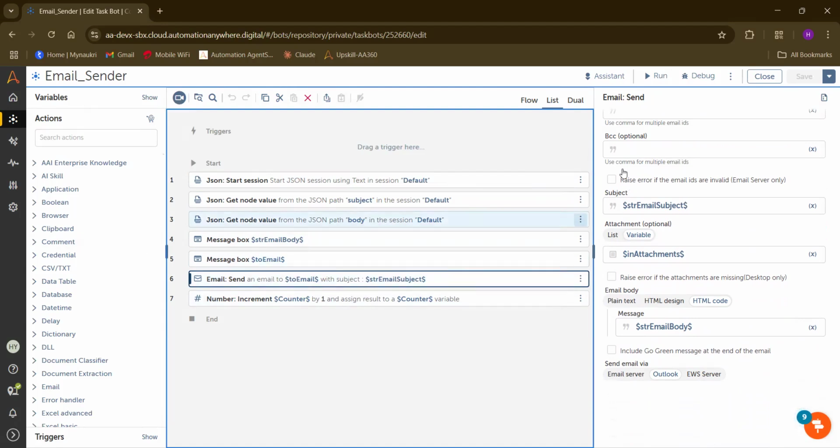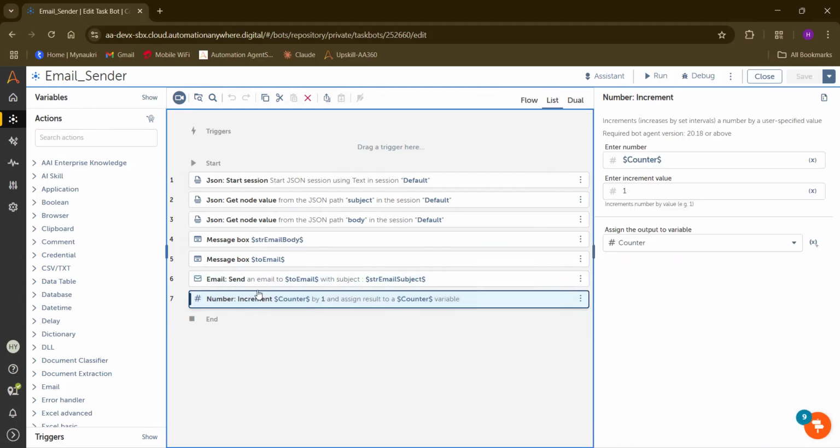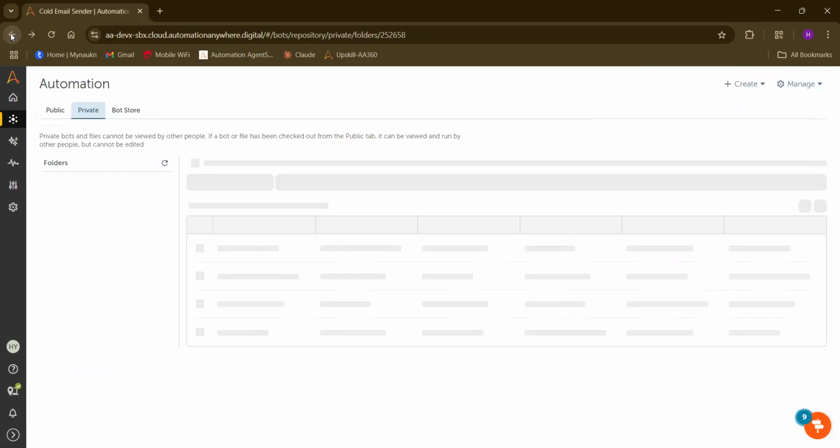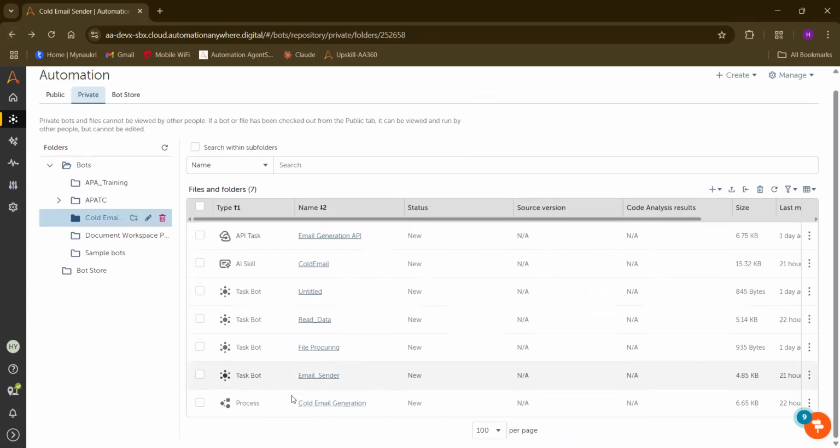I'm taking all these variables as input from the reading details. Next I'm increasing the counter, since we don't have any particular loop. I'll explain in the process.